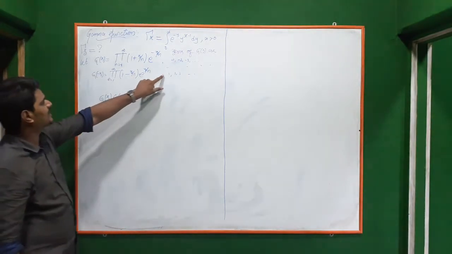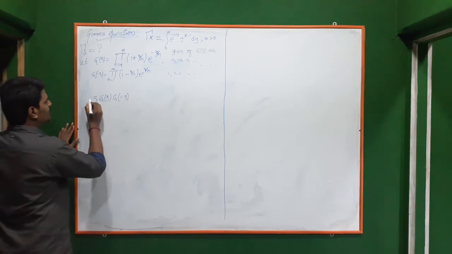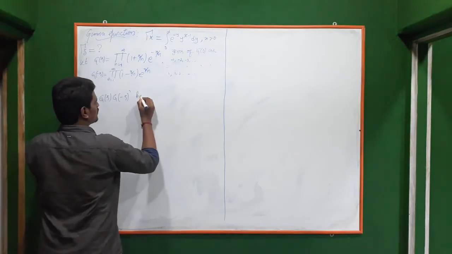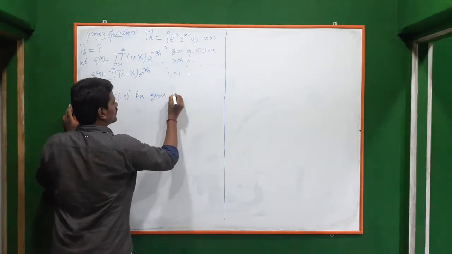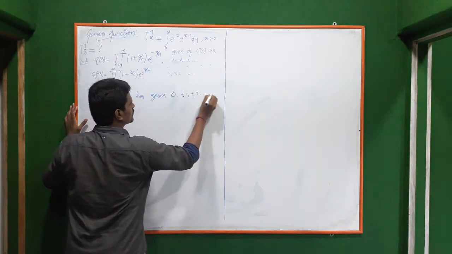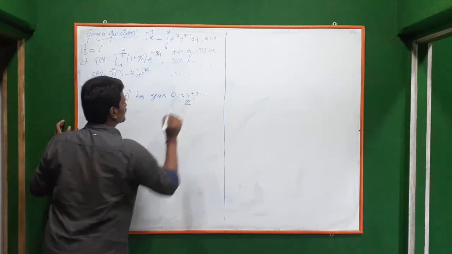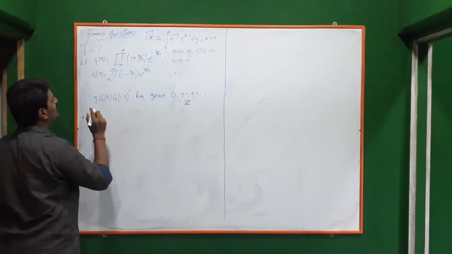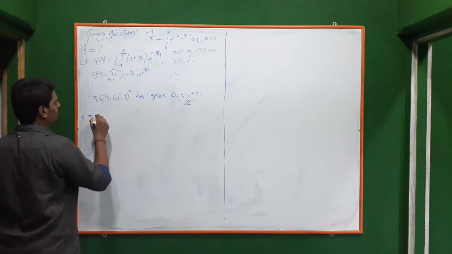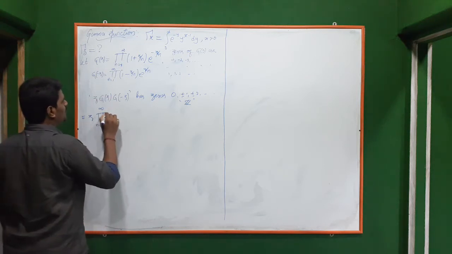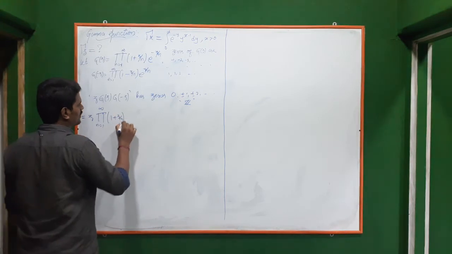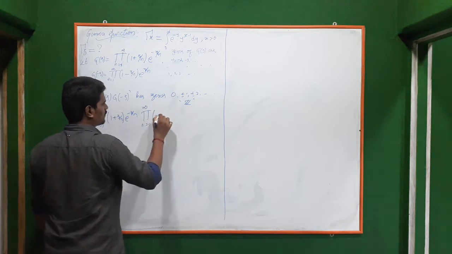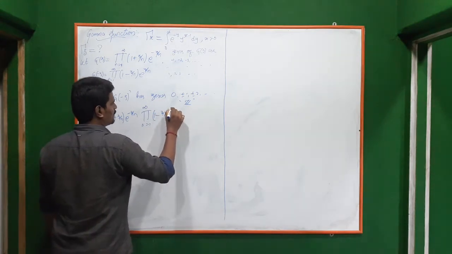And 0 is missing there, so for that I will multiply by z. So z into g of z into g of minus z has zeros 0, plus or minus 1, plus or minus 2 and so on, that is, all the integers. And what is this z into g of z into g of minus z? z is as it is. g of z is the product, n from 1 to infinity, of (1 plus z by n) e to the power minus z by n, and g of minus z is the product, n from 1 to infinity, of (1 minus z by n) e to the power z by n.